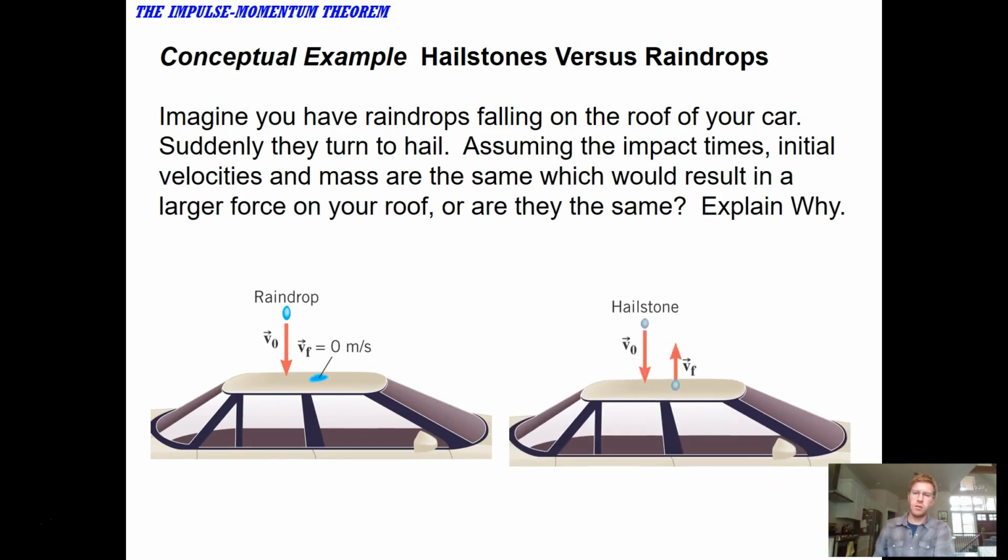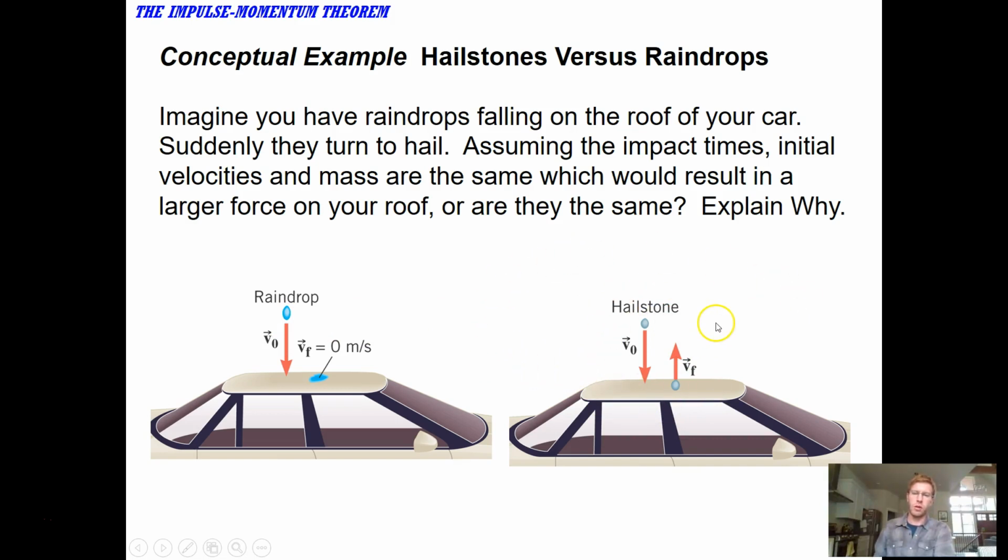And the answer is, at least my answer is, that the hailstones will actually generate a larger force on your car. The reason for that is they would experience or cause a larger change in momentum. The raindrop's going to go from whatever that initial velocity is to 0, whereas the hailstone's going to go from whatever that initial velocity is to some velocity in the opposite direction as it bounces back up. So since you have a larger change in velocity and the mass is the same, you have a